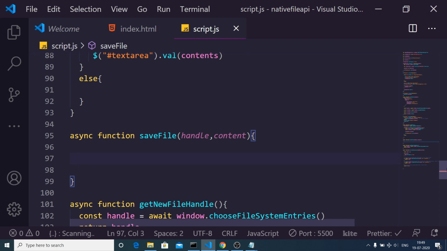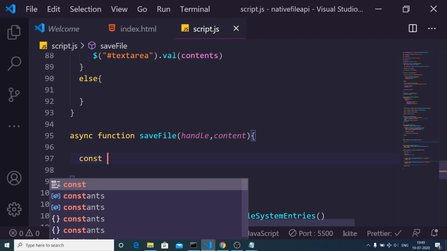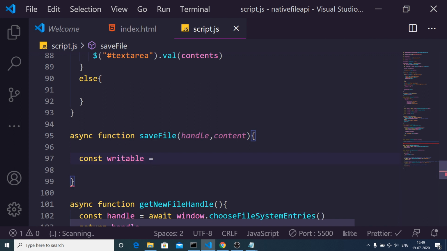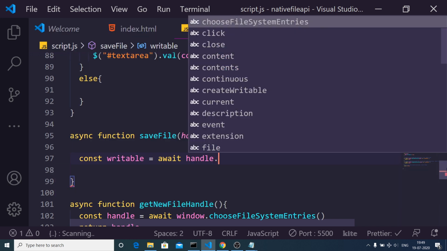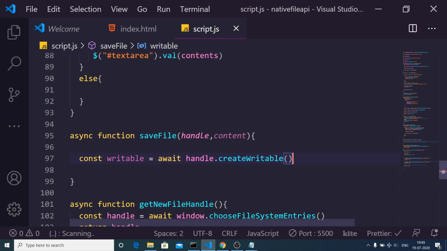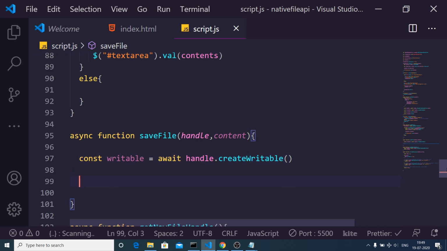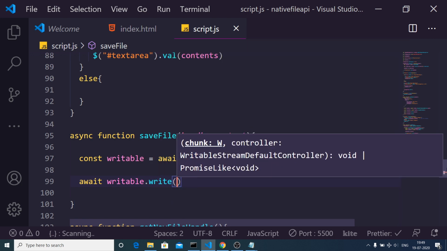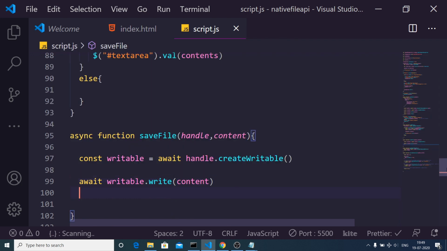So inside this function, what we need to do is that we need to build a new reference to writable. So this will be equal to await handle dot create writable. After getting the writable reference, we can write to the file by using the write method, passing the content which we have received here.